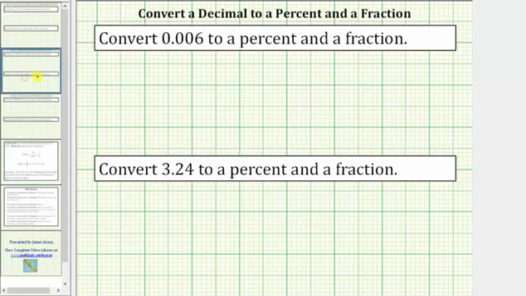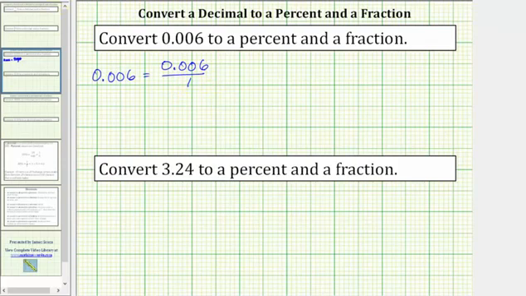So going back to our first example, we're asked to convert 0.006 to a percent and a fraction. We will first convert the decimal to a percent. We'll begin by writing the decimal as a fraction with a denominator of 1. 0.006 equals 0.006 over 1. And if we write this ratio or fraction with a denominator of 100, this will give us